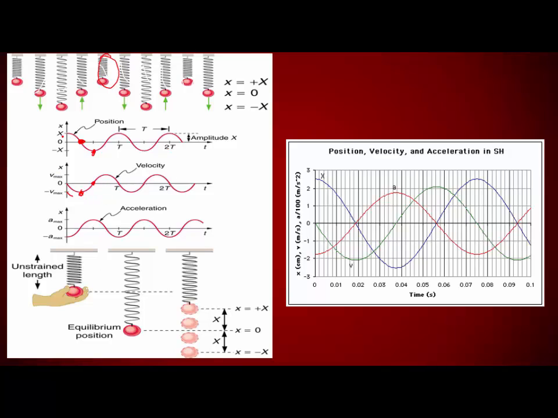Acceleration runs the same way as the position, but just the opposite. So when the object is out here extended at its maximum, that's when it has the maximum acceleration, but the direction is going to be a negative acceleration because the force is a negative force, pulling it back to equilibrium. And so vice versa, when it consequently compresses and then wants to extend again, now our acceleration becomes positive as